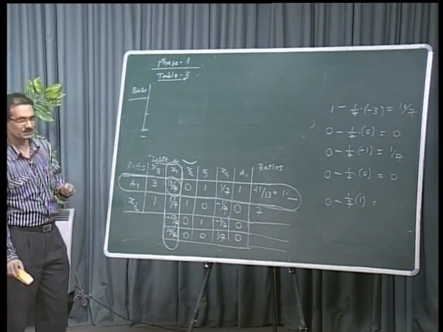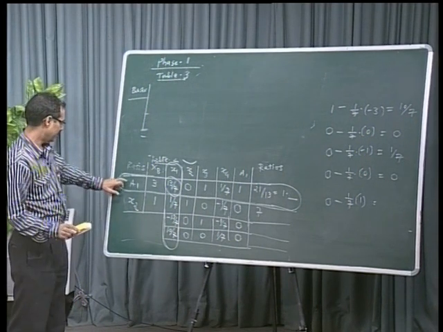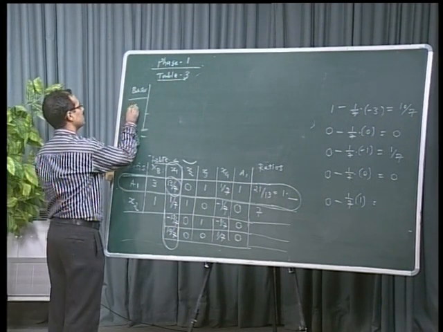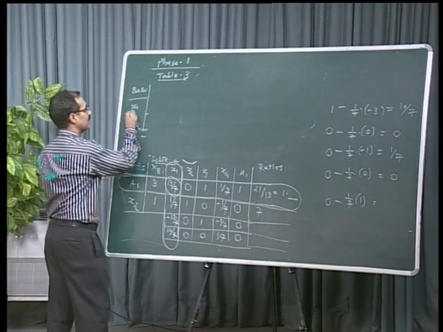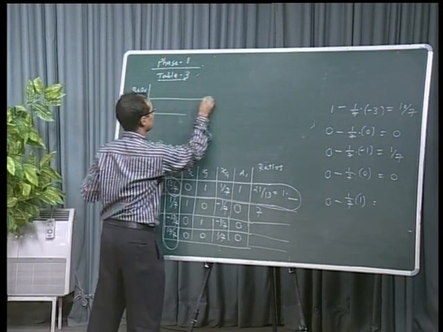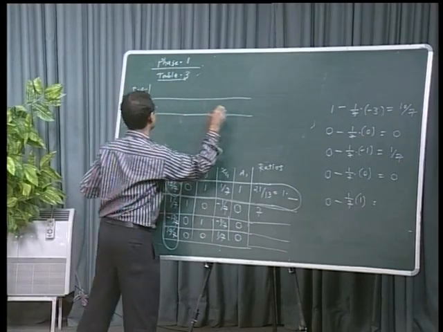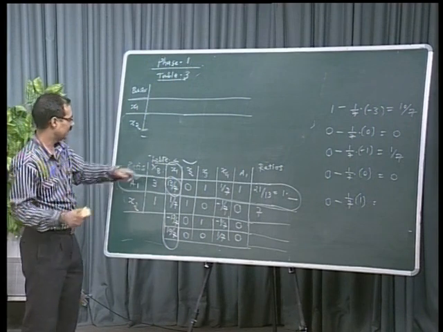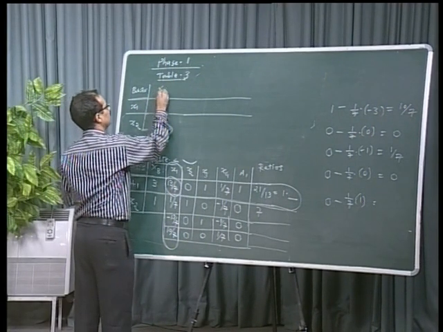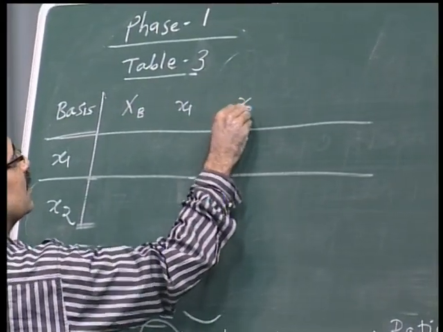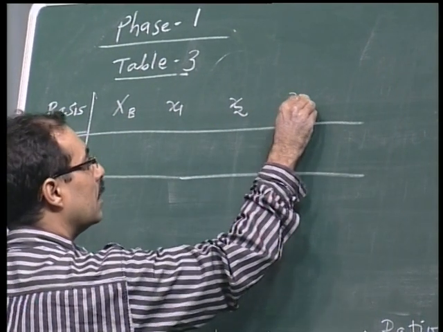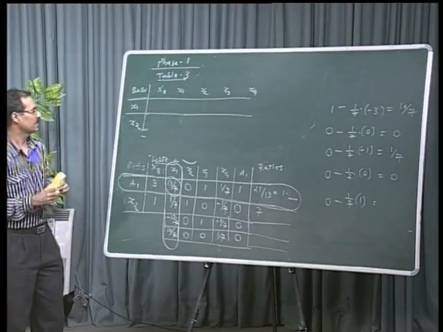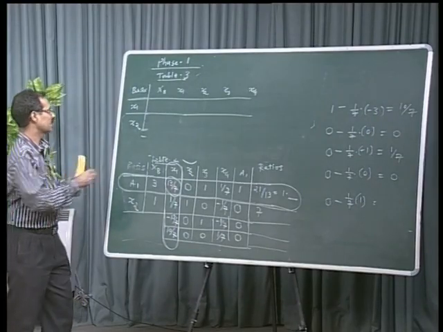What does it become now? We have A1, A1 is replaced by x1 now. So, it becomes x1 and x2, and as we know, as soon as an artificial variable leaves the basis, we will not be accompanying it. So, artificial variable A1 will leave. What remains here? Xb and then x1, x2, x3 and x4. This A1 has no place in our table now, its role is over.